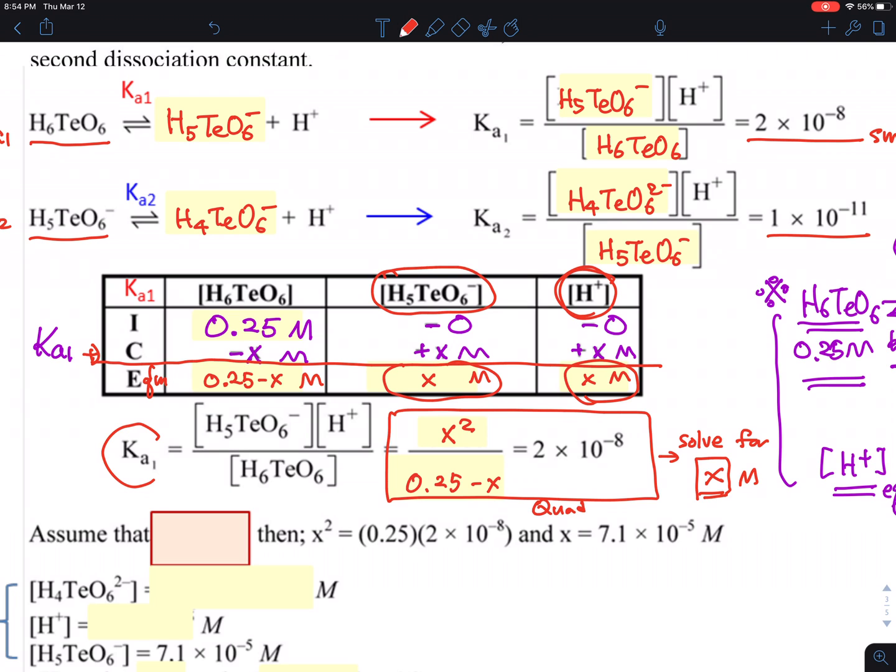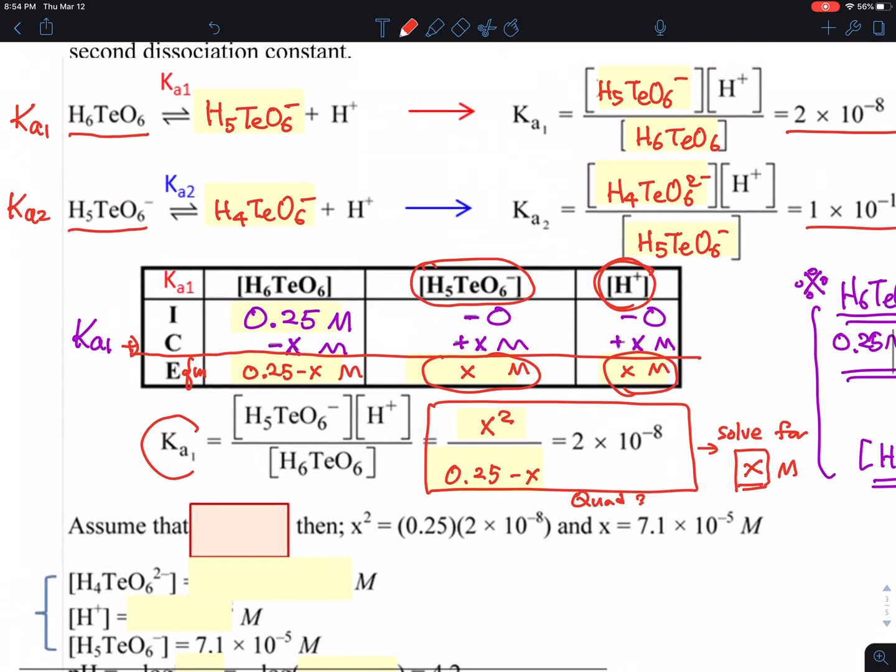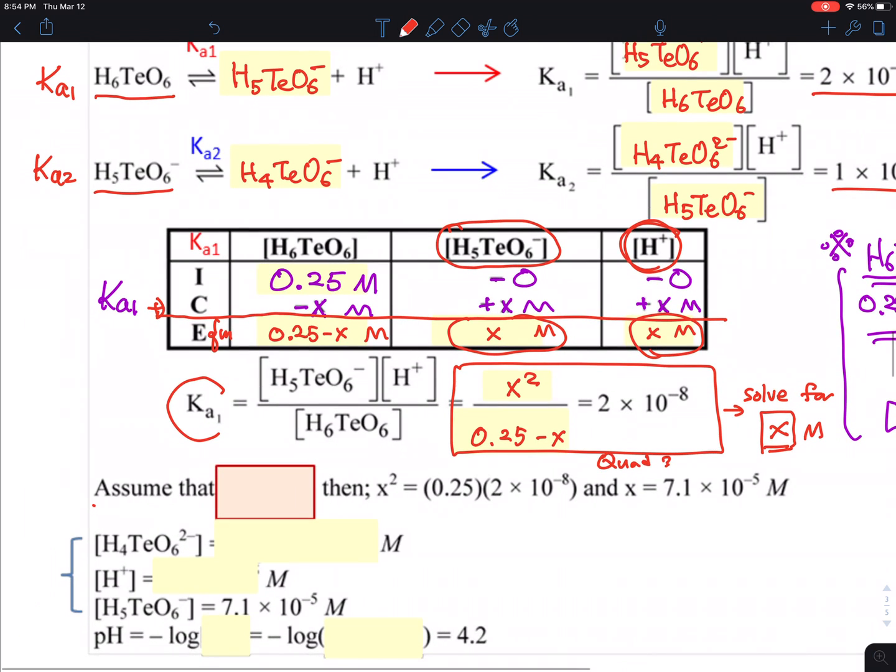And I don't like it, right? So there is a very useful assumption to make your life easy. Let's think about the situation, what we call it when you say weak acid. 0.25 is a large number compared to a small change shown up here, right? This is a small change. So minus X, we are going to say